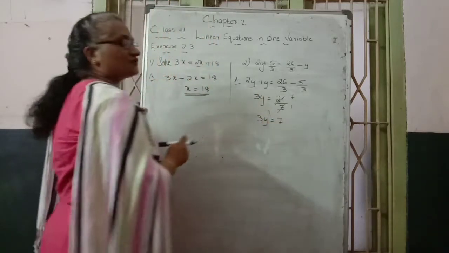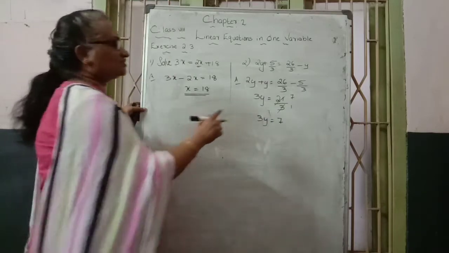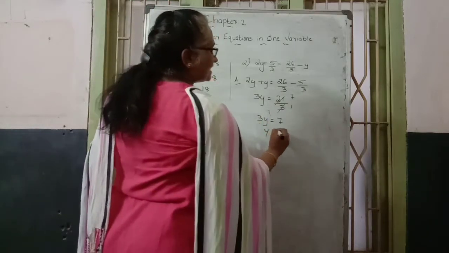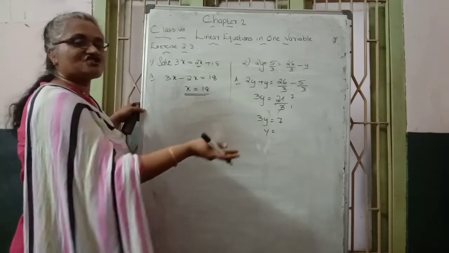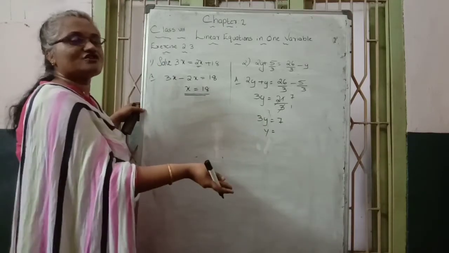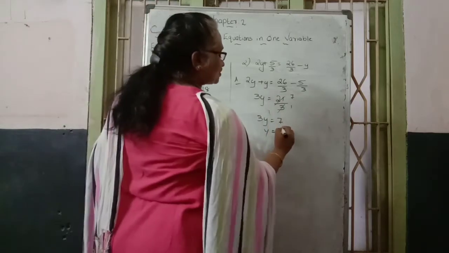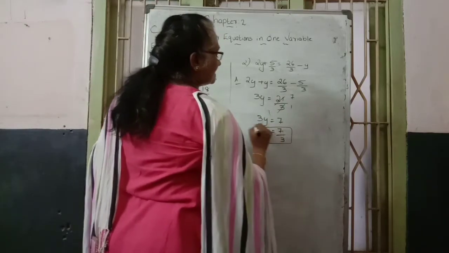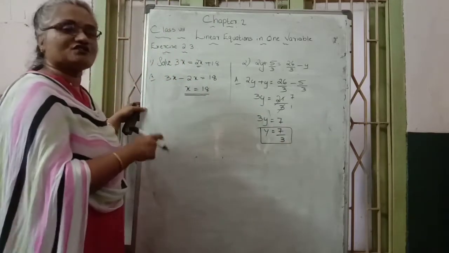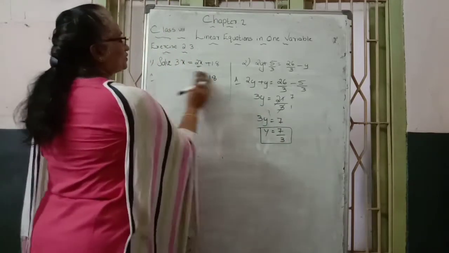Our aim is to find the value of the variable, the y variable. We learned that a multiplied number goes to the opposite side and comes to the denominator of the right side. The right side has the number 7. The denominator coming means 7/3 is the y value. This is the answer to this second question. I hope you can understand.